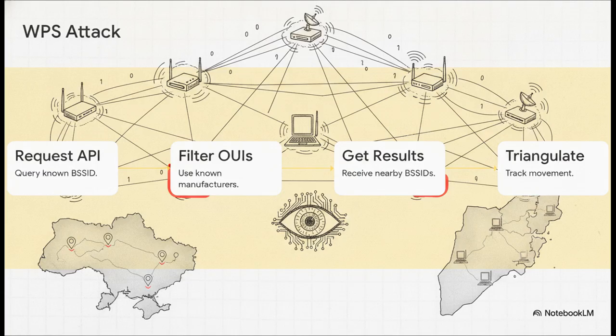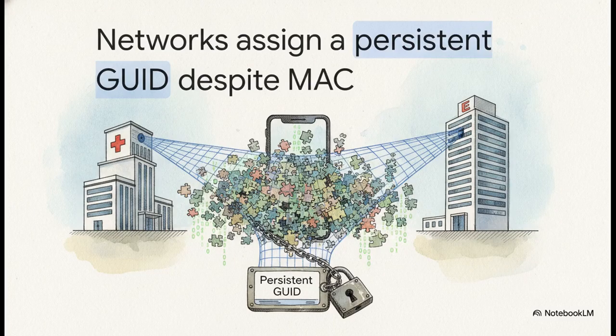And Apple's system then helpfully returns not just that router, but the exact GPS locations of up to 400 nearby BSSIDs. Using this technique, researchers literally tracked the deployment of Starlink routers on the front lines in Ukraine and monitored the disappearance of routers in Gaza, all from a simple public API. Absolutely crazy. Now, to fight back against this local network tracking, modern operating systems like iOS, Android, and Windows now